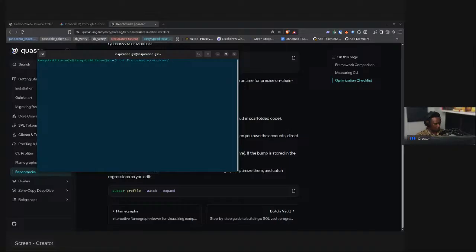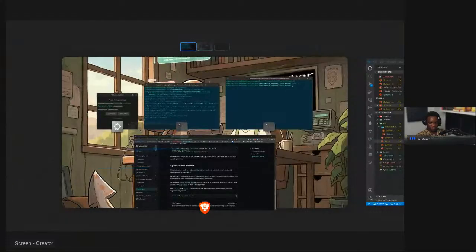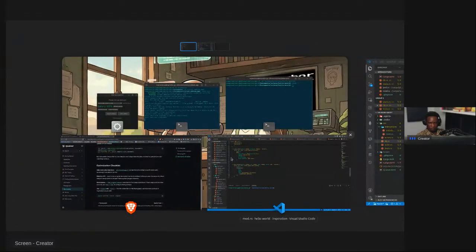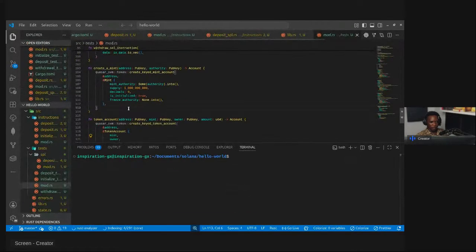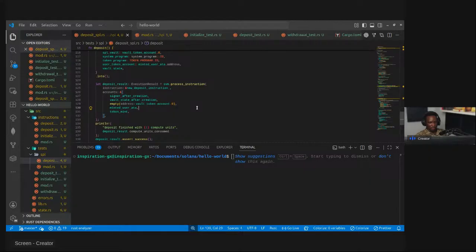Solana, hello world, still a hello world. Then code, yes, this one. So yesterday we left it off at the test for the SPL token deposit here, and that was where